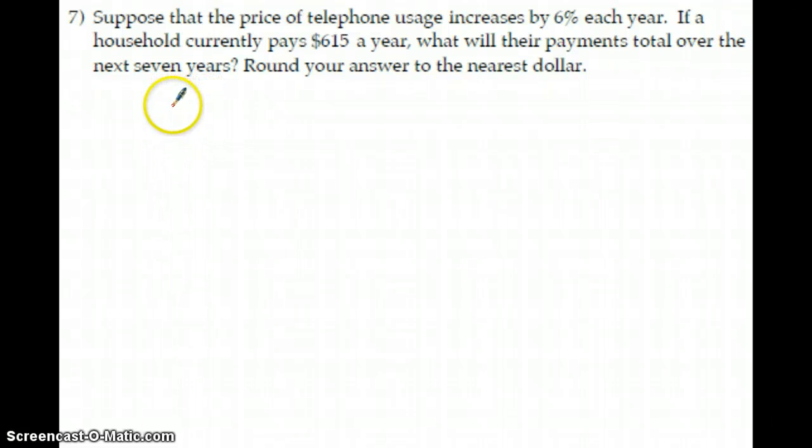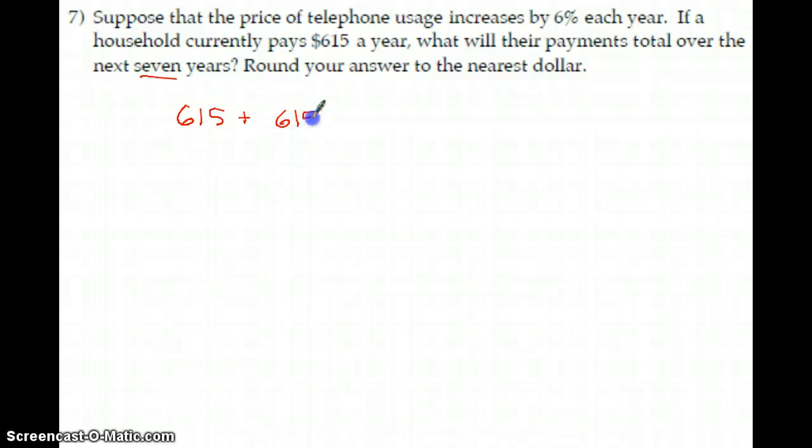Okay, we're currently paying $615 a year, and it's going to go up by 6% every year. This is a geometric series. We're going to add 7 of them. It's going to be 615 plus